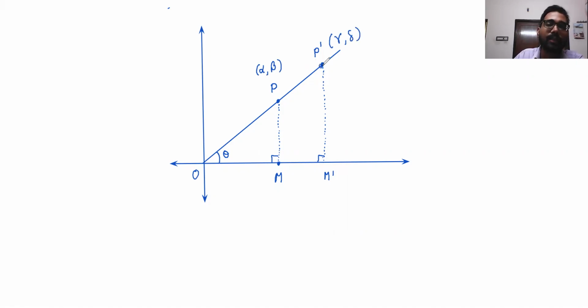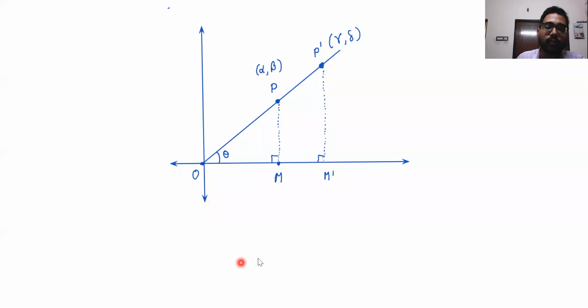So on the same line, we are taking two different points. What I mean to say is, wherever we take P on this line, our choice of P will not affect the value of cos theta, till the time this position of line is same. Wherever you take P on this line, cos theta and sin theta values are not going to change, because cos theta and sin theta values will depend only on theta, not on the position of P.